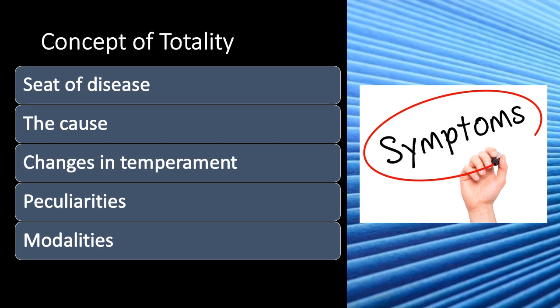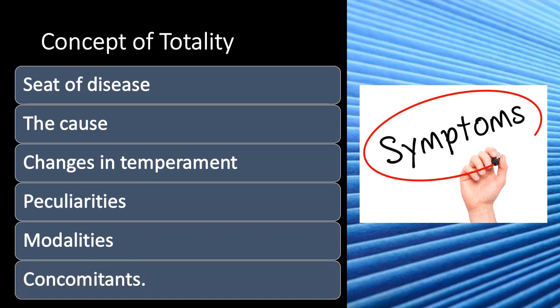We also take into consideration for the totality what we call modalities. Modalities are those factors which change the intensity of the symptoms, things that make a person feel better or worse. It could be a time modality, for instance, pain in the night is more, or it could be posture, and so many other things which we saw in an earlier lesson. And importantly, any concomitants, which means any other complaint or symptom which the patient reports in addition to the chief complaint.